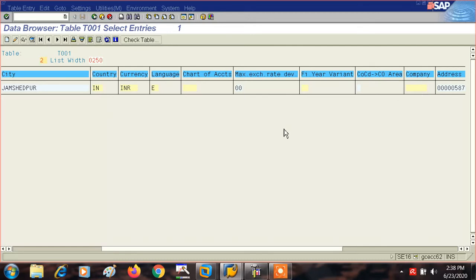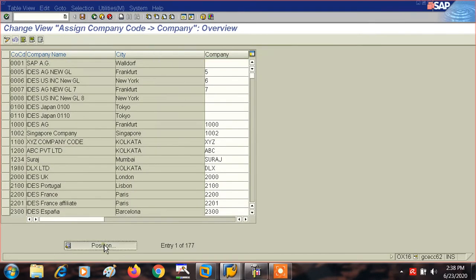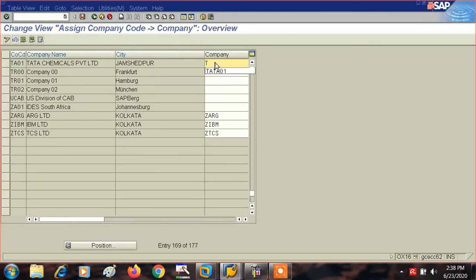Okay, so let's go. This is for the creation of a new session. This creates a new session. So go to this button. See, a new session has been opened. Now you can go to OX16 once again. Go to our company code, give here the name TA01